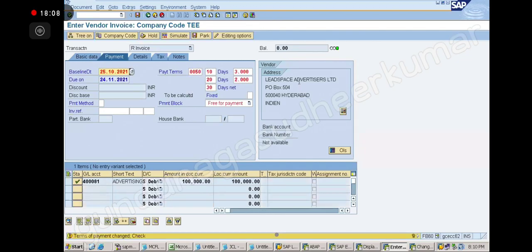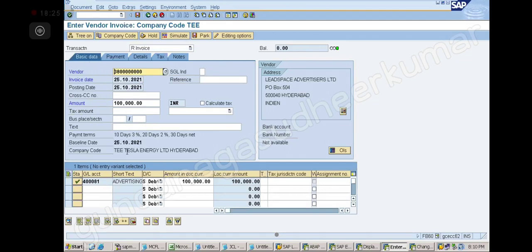Okay, enter. You see the bottom message coming now: terms of payment changed. Press enter. If you go to basic data, what is it showing here? 10 days 3%, 20 days 2%, 30 days net.